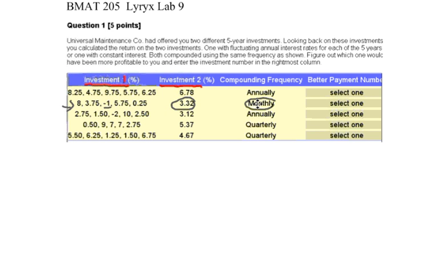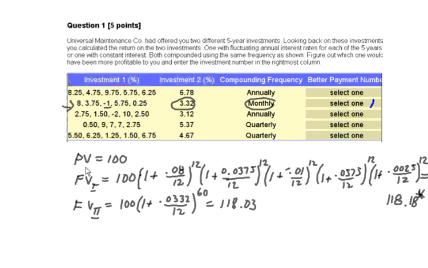We want to find the future value, assuming that we invest $100 with investment 1. In the first year, we're going to have a return of 8%. So $100 times (1 plus 0.08 divided by 12) to the power of 12, because it's compounded monthly. In the second year, that becomes the present value at the beginning of the second year, invested for 1 year at 3.75%. In other words, 1 plus 0.0375 divided by 12 compounding periods per year, to the power of 12, and then we repeat that process for the next 3 years to calculate the future value of $100 invested at the beginning of the first year until the 5th year, and that gives us